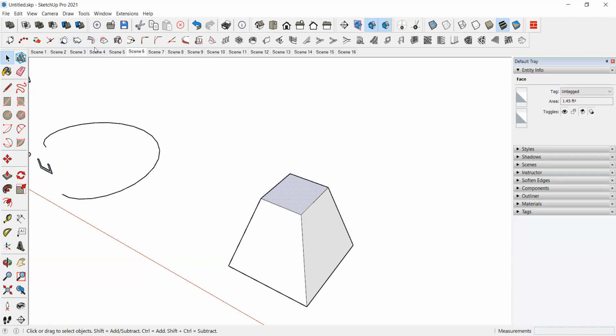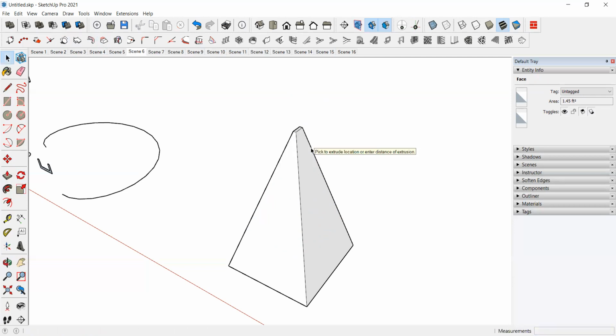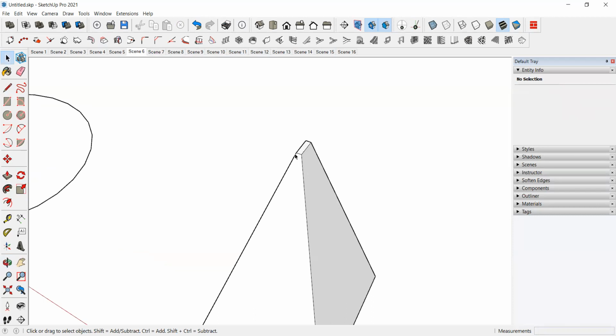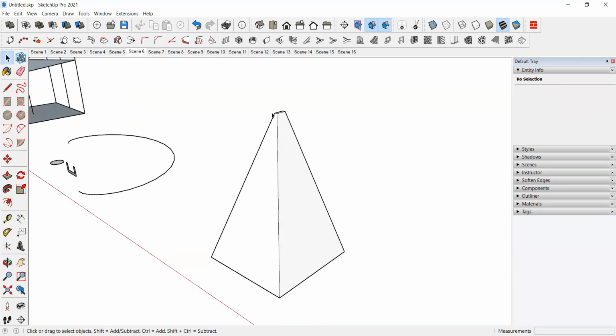Otherwise, if you want 2 feet up, it will take. Okay, I want 20 inches. Okay, in this shape it will keep. So like this we can maintain the height of that particular shape.